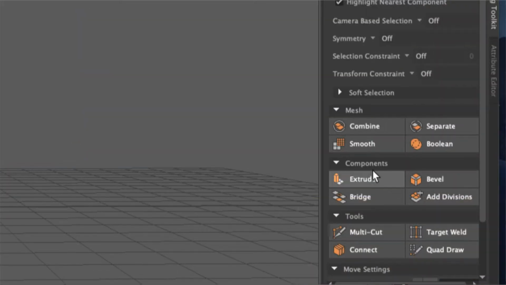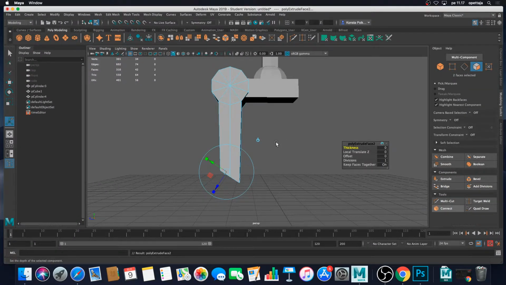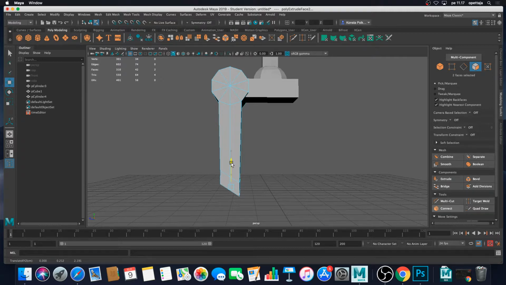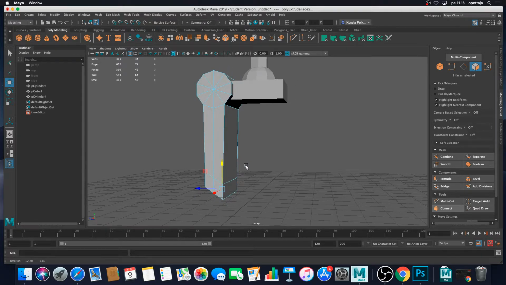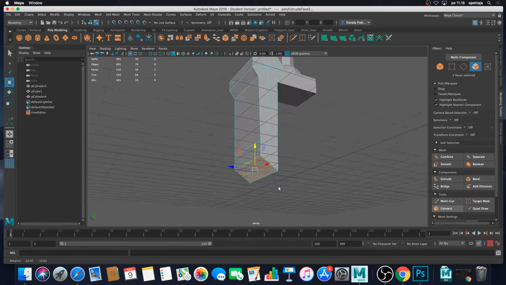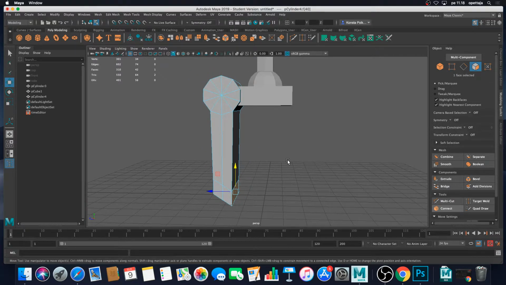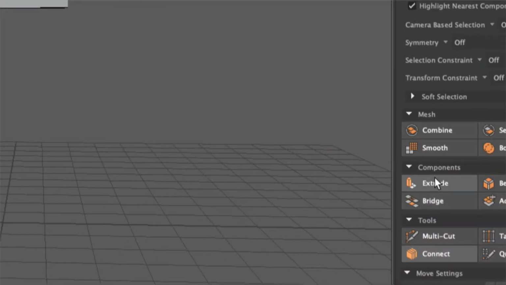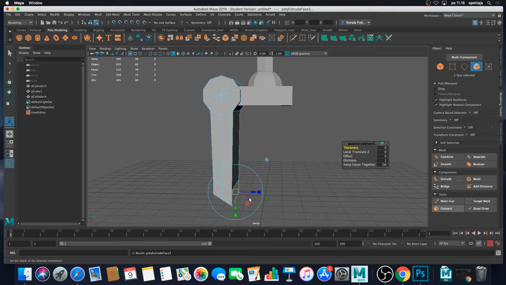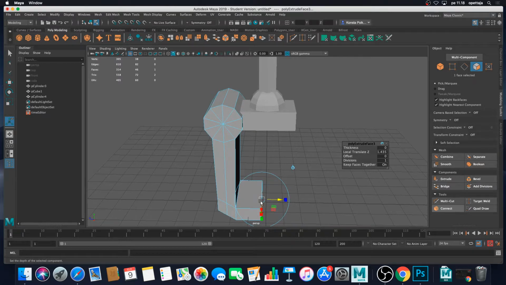So pressing extrude here on my modeling toolkit and then pressing W, because now this extruding gizmo is pointing this way and I really want to pull this new face downwards like this. Because now when I'm selecting this new face here and pressing extrude here, I can complete my hand part of the robotic arm. So I'm going to just pull it around the middle point, not quite there but almost, and